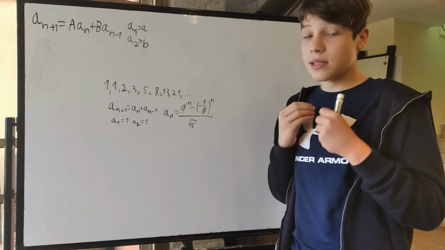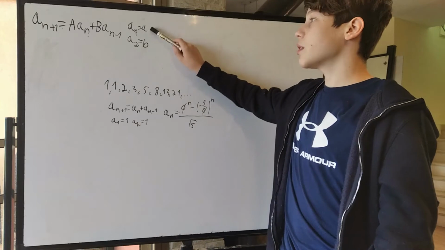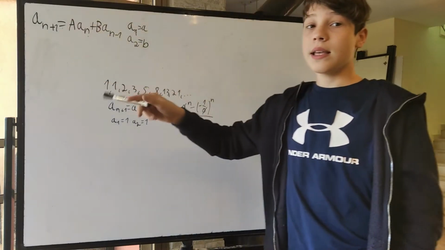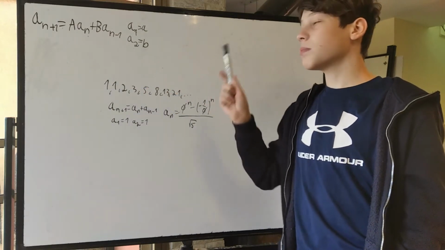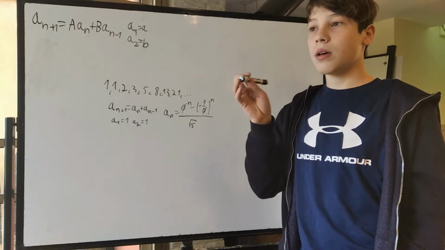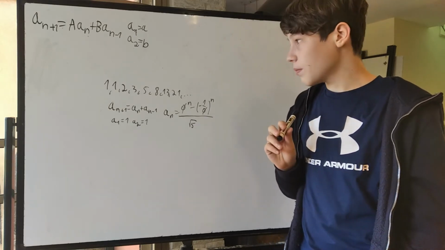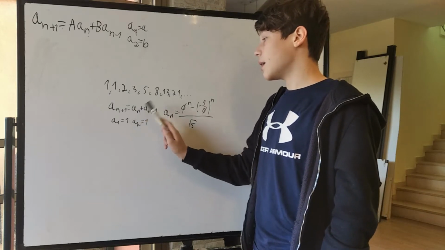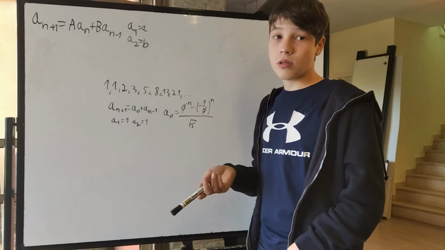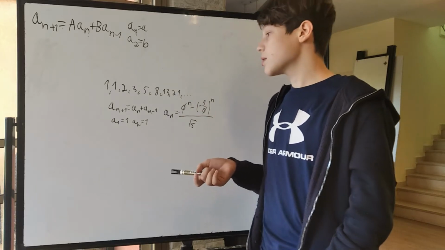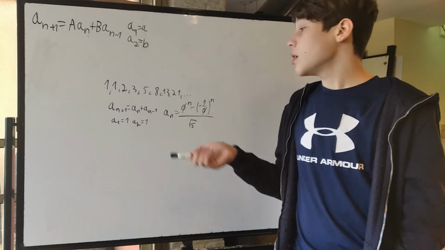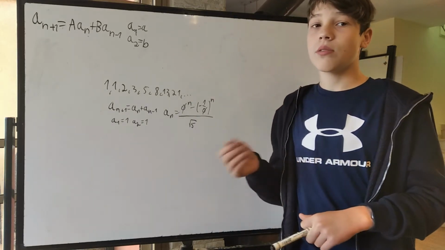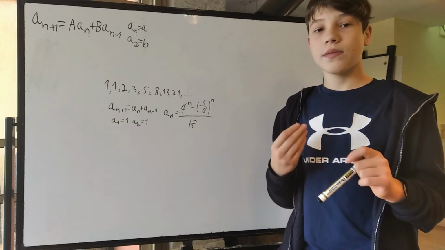You start with small a, small b, and then each number is big A times the previous one plus big B times the previous of the previous one. So in this case, big A and big B, small a and small b are all equal to 1, and that's the Fibonacci sequence. Or maybe the Lucas numbers: you'll just have to change small a, the first term, to 2 instead of 1. And you can get all sorts of sequences with